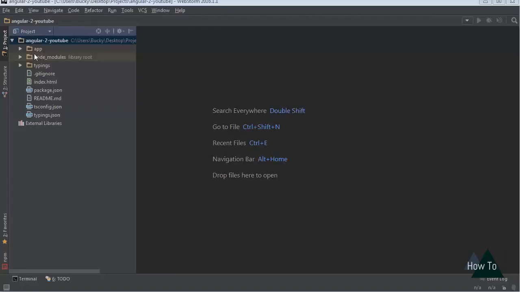Alrighty, welcome back. In this video, I'm going to go through each one of these directories and files, and give you a real brief overview of what they are and exactly what they do. By the end of this video, we're going to have a really solid understanding of what all the different pieces of an Angular 2 application are, why they are important, and help us understand the basic overview of